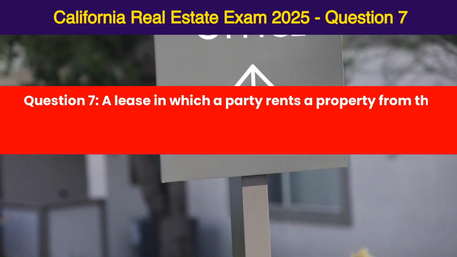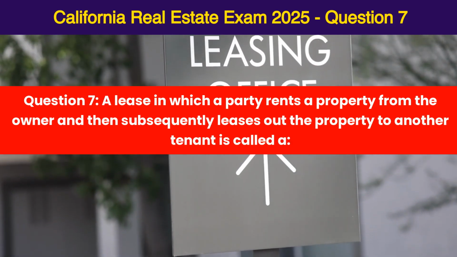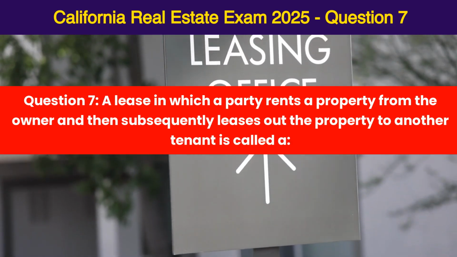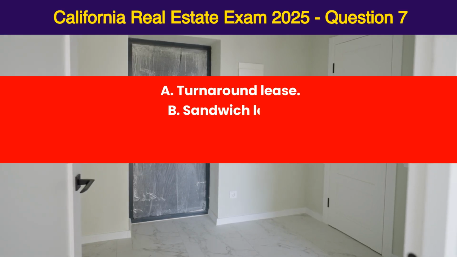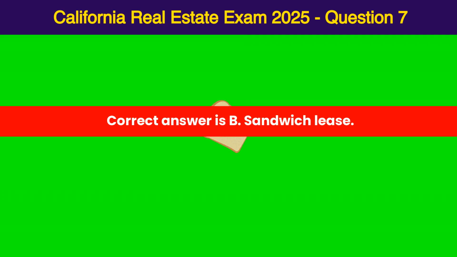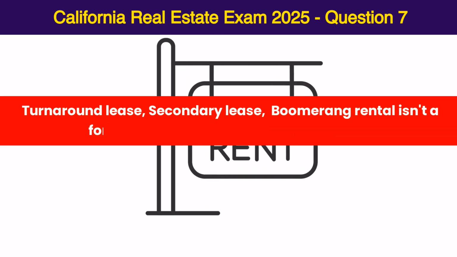Question 7. A lease in which a party rents a property from the owner and then subsequently leases out the property to another tenant is called A. Turnaround lease, B. Sandwich lease, C. Secondary lease, D. Boomerang rental. Correct answer is B. Sandwich lease. Turnaround lease, secondary lease,